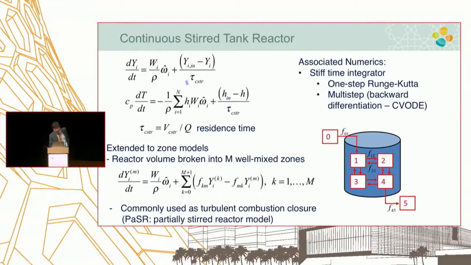And this is a characteristic time which is defined by the overall volume divided by the volume flow rate, then you determine the residence time. So if you pass it through too quickly, then the mixture will leave unburned. So it is the same unsteady calculation, but there's an extra time scale, a characteristic time inside the reactor, that will adjust